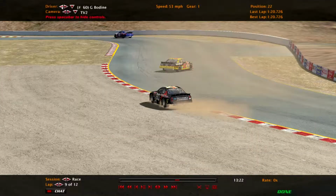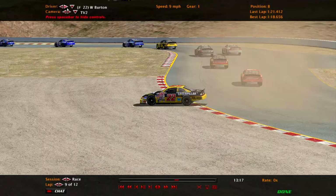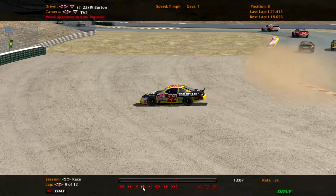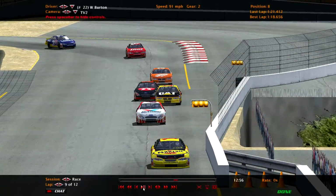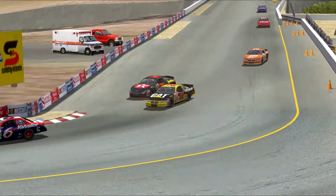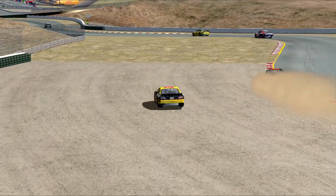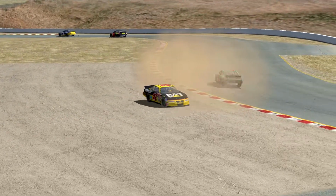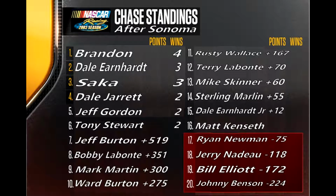Let's go back and, oh, wow, there's someone in trouble. Jeffrey Bodine. Okay, so he was in trouble, but Ward Burton was already in trouble. What happened to Ward? Oh, well, that's counterproductive. Okay, there's Brandon. So Brandon hops the curb a bit here, going down into there. So 2 bad weeks for Ward. Brandon's got the spot. He sort of wheel hops, drives into Ward Burton. Brandon gets it back going, and Ward is in reverse for some reason. So as Ward Burton goes spinning off into oblivion, bringing out the caution,